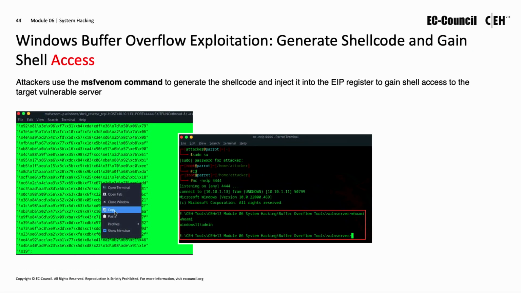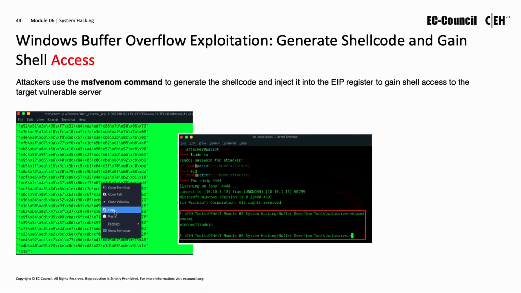All right, so now we go over to MSFvenom, and this is where we're going to finish the attack. We're using Metasploit's MSFvenom. Love MSFvenom, and we use it for a lot of things in this class. You'll see that over and over again. This is where we generate the shellcode. It's a little payload that's going to be injected into the vulnerable application. What we're going to do with it is create what's called a reverse shell, and that way we can gain